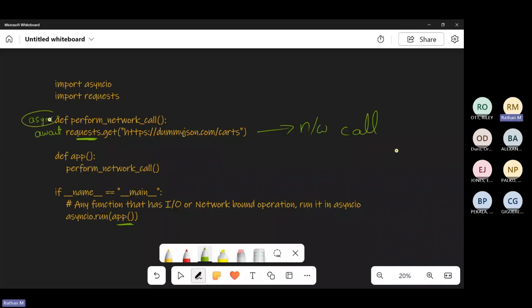And this async should follow through till here, which means this function is called here. That means this function should also be async. And this function is called here, so it is fine. So all the functions, if it is 10 functions deep that you're making a call, all the functions that call until here must always be async. This is how it works. So I hope this so far makes sense.